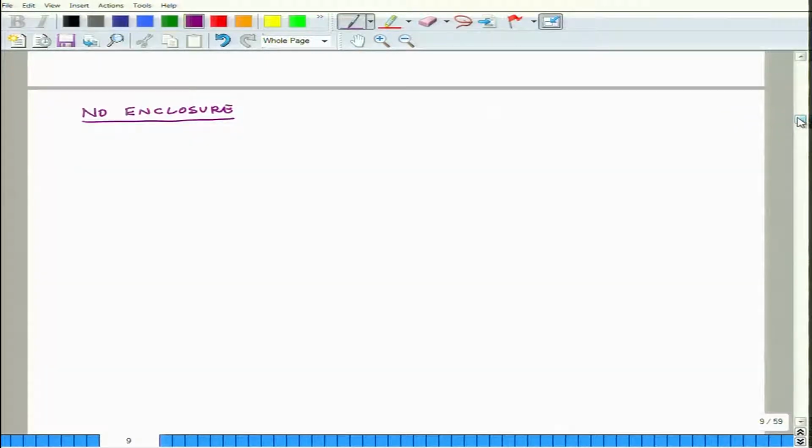So, when there is no enclosure, the sound pressure level at the point of interest equals LW plus 10 log of Q over 4 pi r square plus 4 over R,